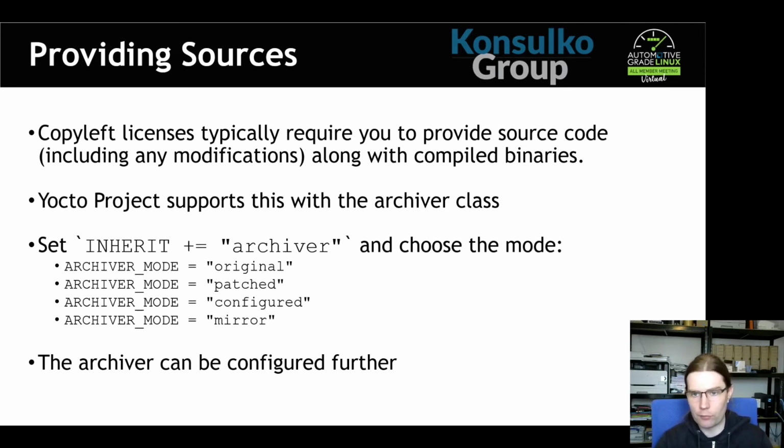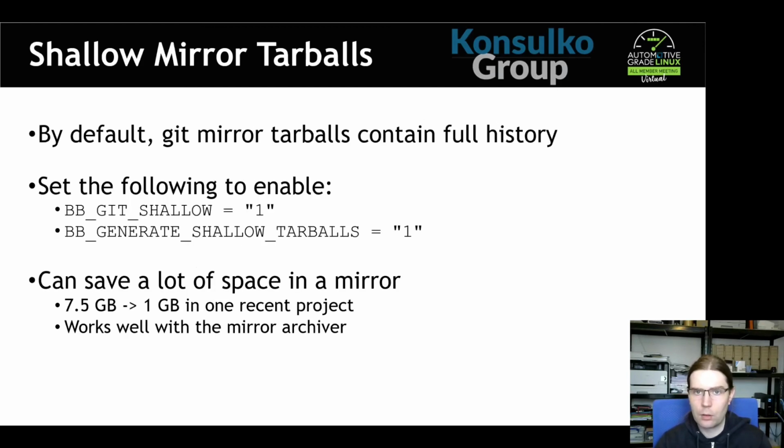The archiver has several modes available, whether you want to capture the original source code or whether you want to include the patched source code or various other options. And the archiver has several further configuration options. It's covered pretty well in the Yocto Project documentation. One of these options that I want to highlight is the ability to include shallow mirror tarballs. So for sources that are fetched from a Git repository,